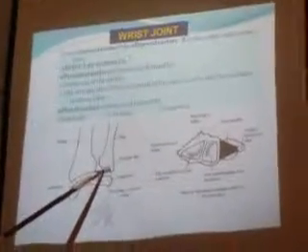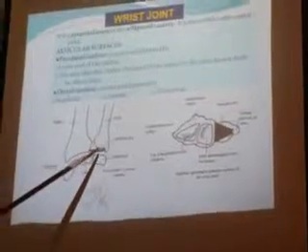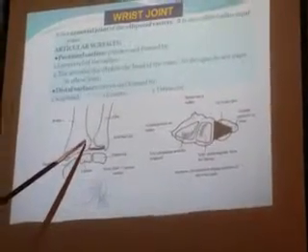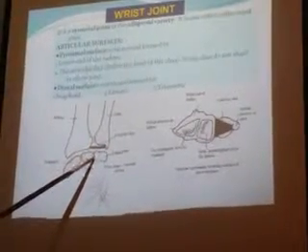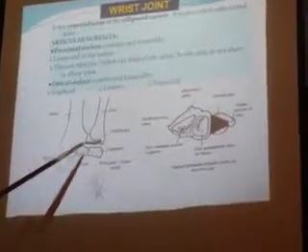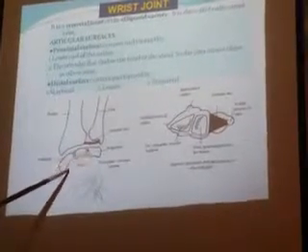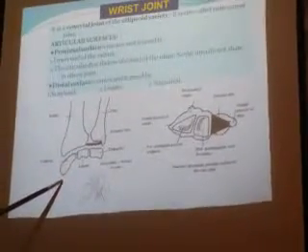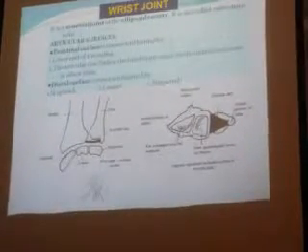A very important ligament, a triangular ligament, is between the radius and ulna, and connects the radius and ulna. We'll look into that when we go to the inferior radioulnar joint. This ligament separates the ulna from the wrist joint. So now the proximal articular surface is formed by the inferior surface of the lower end of the radius and the inferior surface of the articulating disc. And the distal articulating surface is formed by three carpal bones: the scaphoid, the lunate, and the triquetral.